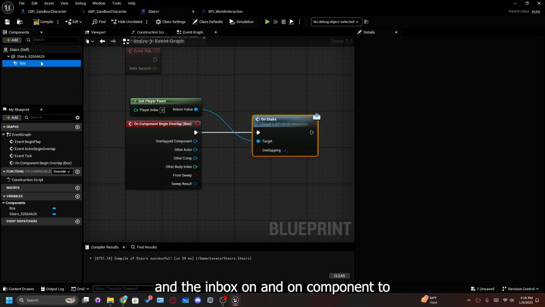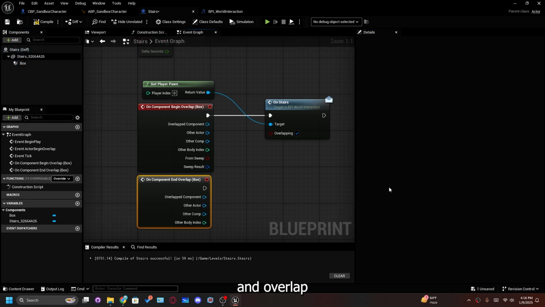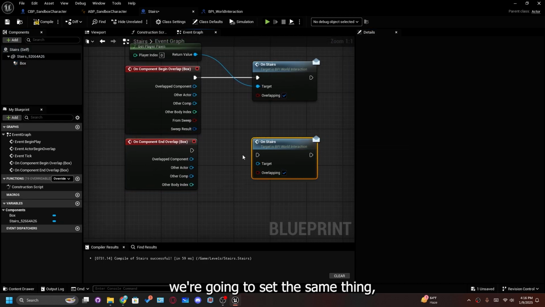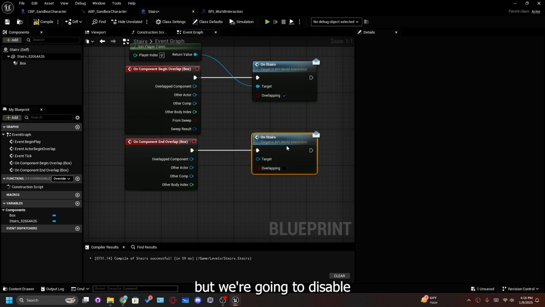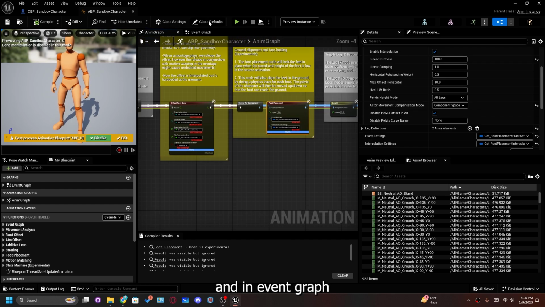And in box, on component with end overlap, we're going to set the same thing, but we're going to disable overlapping, and target is player pawn. Those are those. And in event graph,